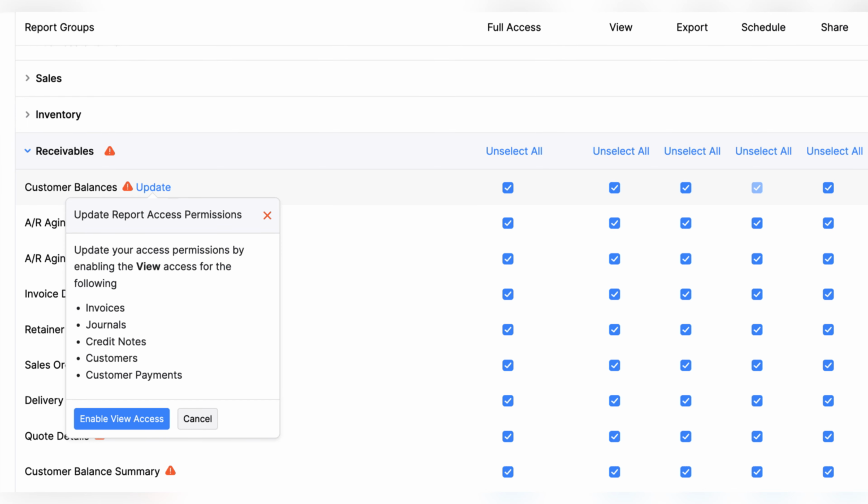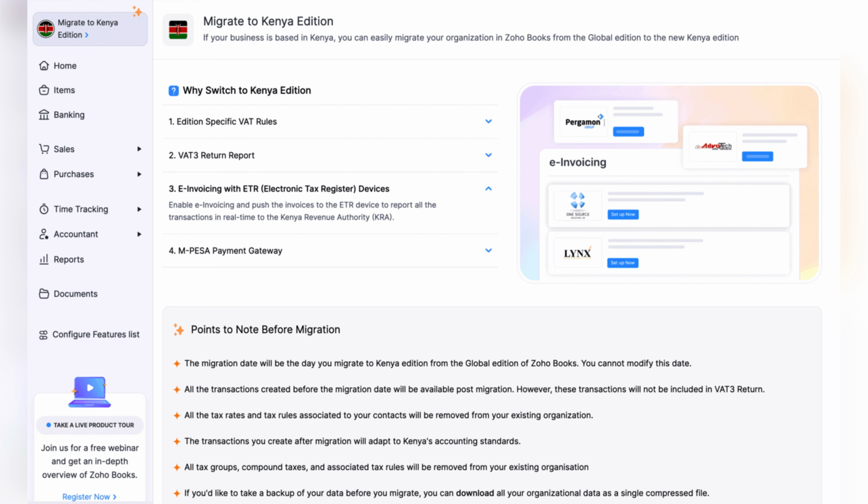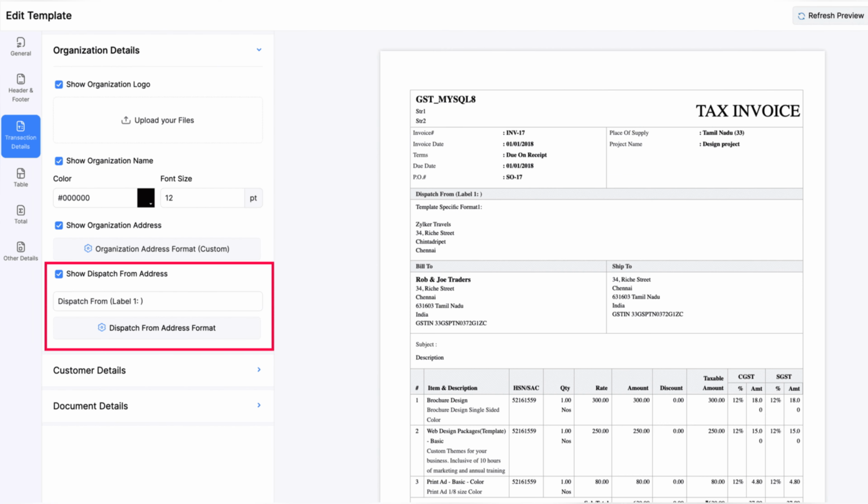Moving on to a very important category, finance apps that include Zoho Books and other apps within Zoho ecosystem. Let's see what updates did they get. Starting off from Zoho Books, there are a few new features. So you can update report permissions, create custom dashboards, migrate to Kenya edition for Kenya edition, add dispatch from address